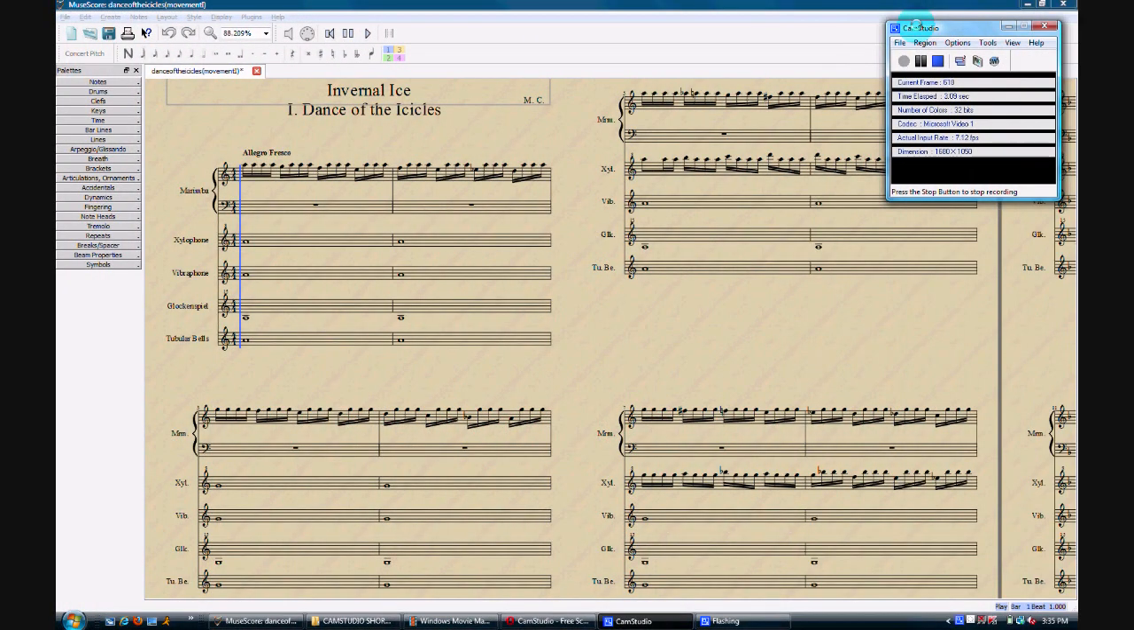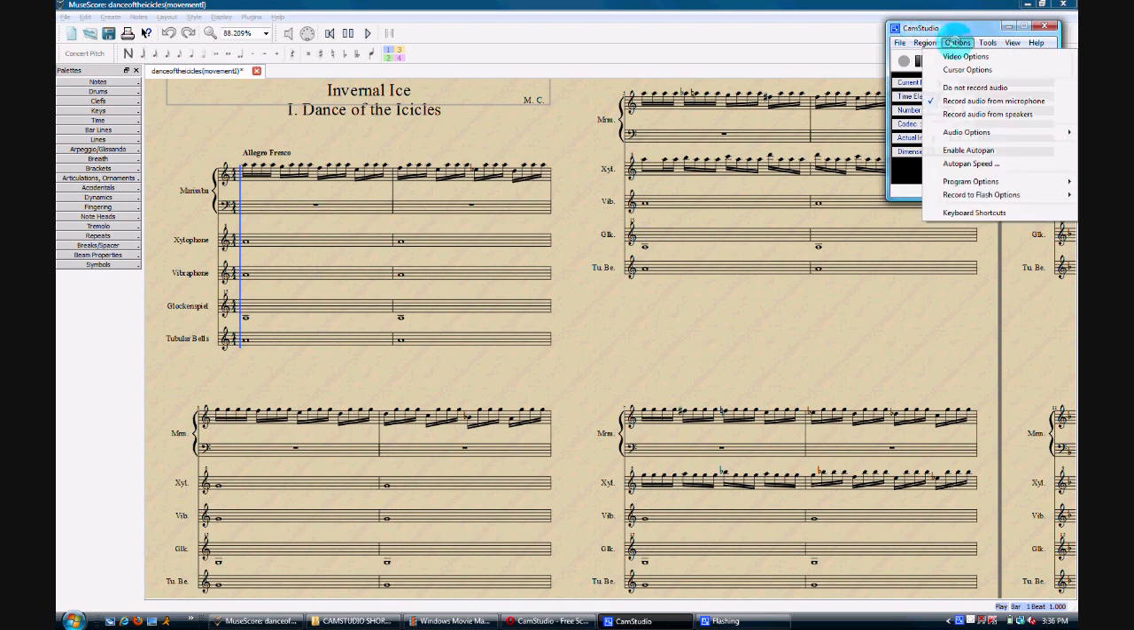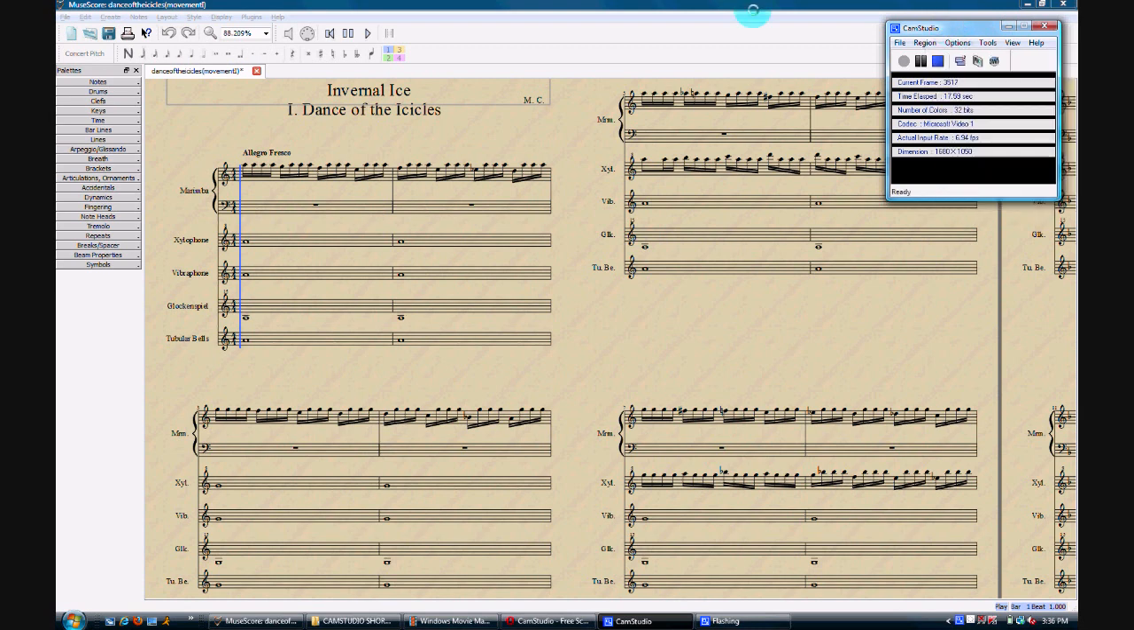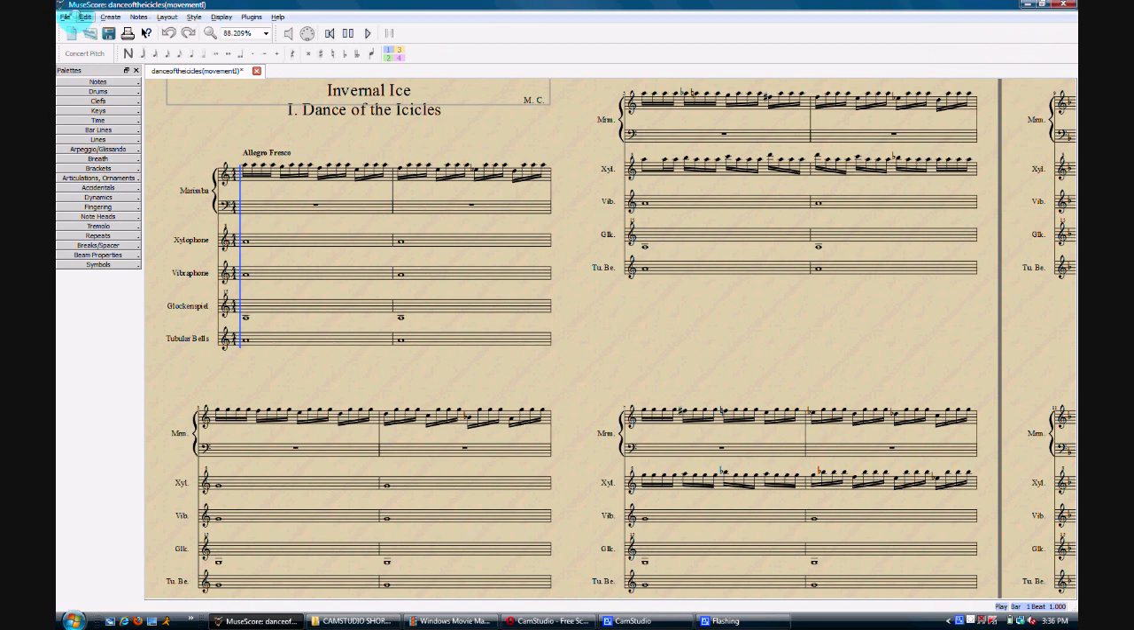The second step is adjusting the settings of Cam Studio and recording the video and audio. I recommend recording video and audio separately for the sake of sound quality. So the first setting that you want to change will be under Options, and you will click Do Not Record Audio. In order to get audio, you go to File, Save As, under your music notation software's menu, and